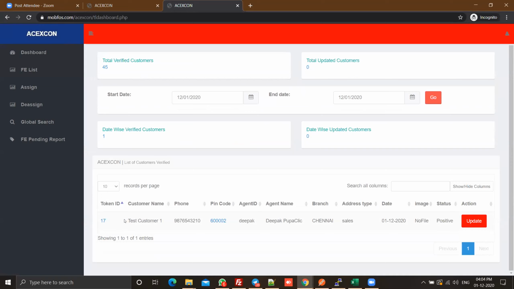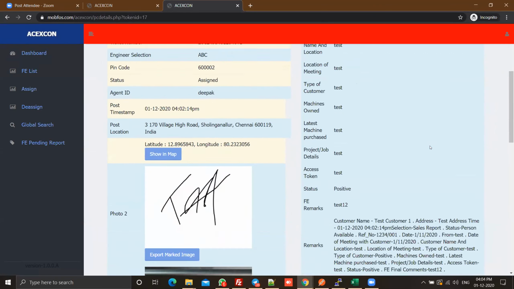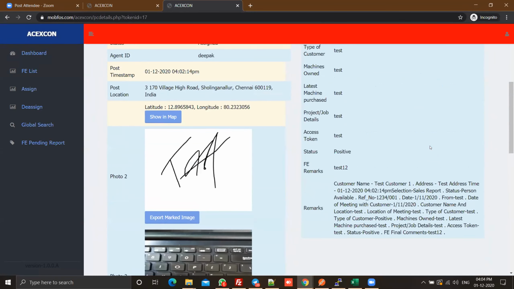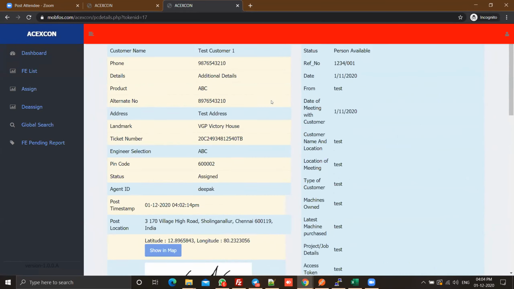What difference does a team leader have as opposed to a normal user? The team leader can review all the answers that were given for that particular case, and he can add in his own comments at the end of the page.